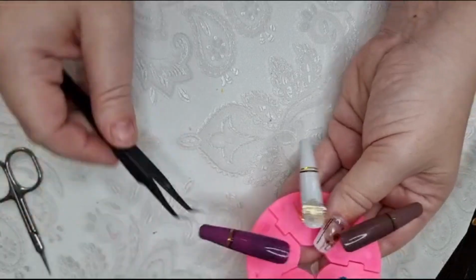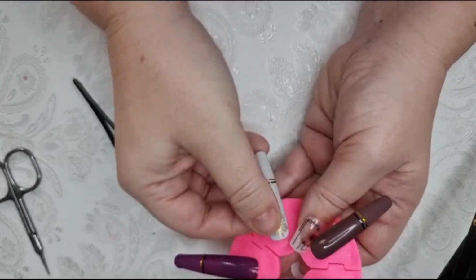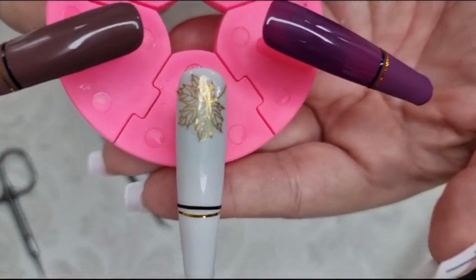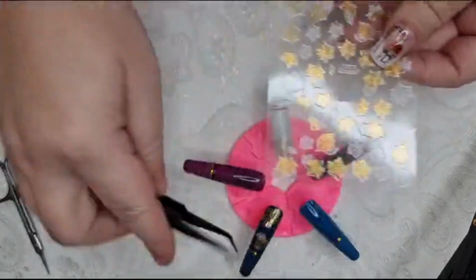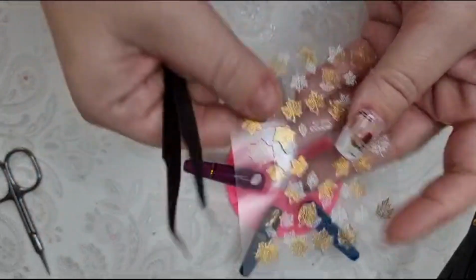About there. Just press that in. Again, that gold nicely picks up there. And this time I'm going to do a different leaf to that one. So there's this one here that's got some white,